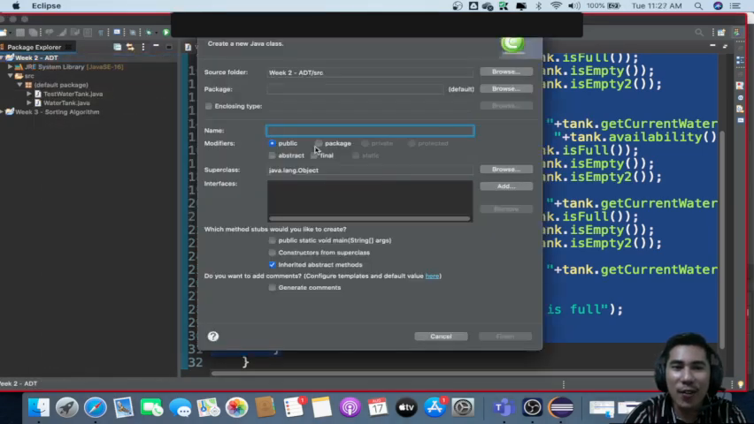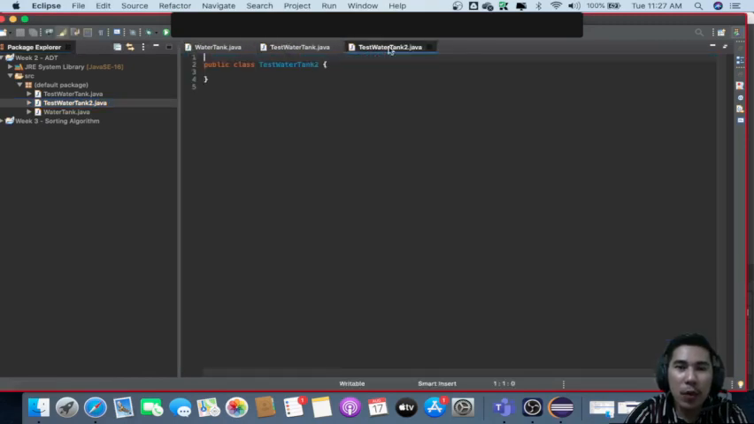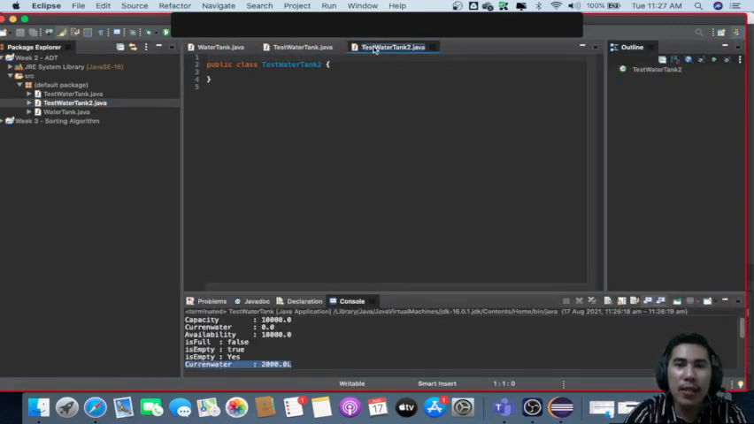Anyway, test water tank 2 na lang. Okay. So what I am going to do with this one is